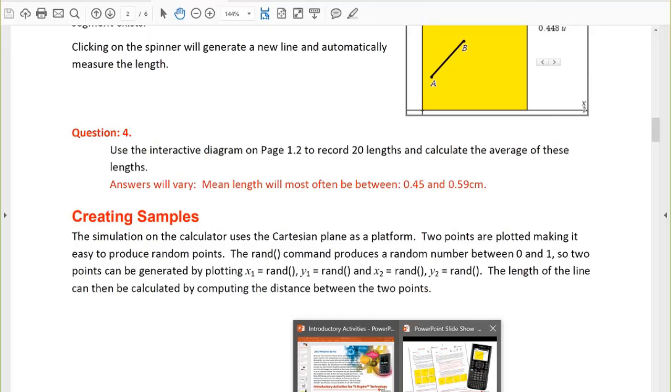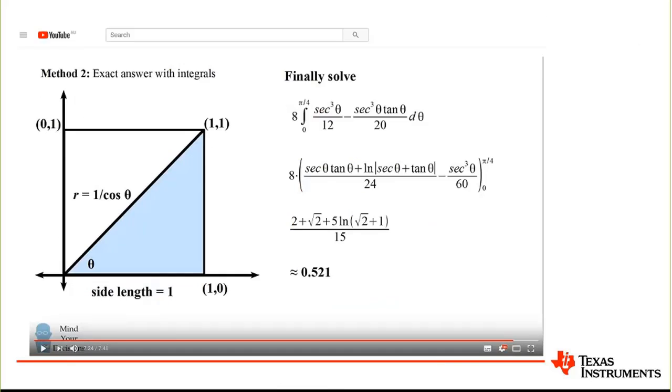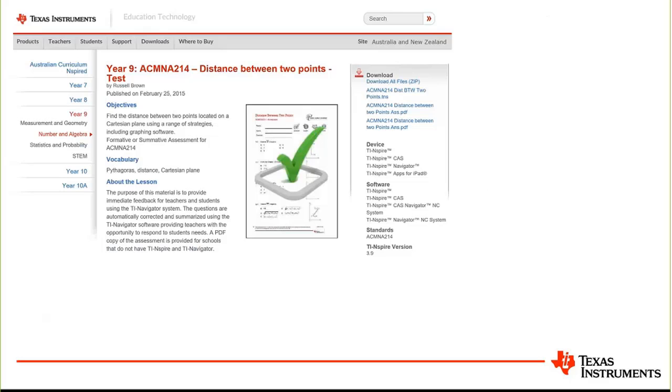Now, as you heard Jim say, this activity was listed for Year 9. I don't think I'd be doing the integrals of the trigonometric functions with my Year 9 class. But you never know. It could be an extension for some of your better students. Also at the Year 9 level, distance between 2 points test. This is one that I did do with my Year 9 class, and these are very useful, especially if you have the Navigator system. If you don't, however, and even if you don't even have calculators, it is possible to